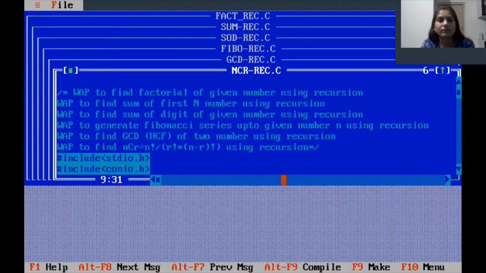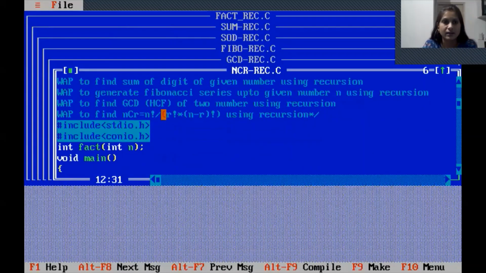Here we are writing the formula of NCR, that is n factorial divided by r factorial into n minus r factorial. So here we input two values n and r. According to those values, the factorial is found and the formula is done. Clear? But here we are applying only the logic of fact, because we have to find the factorial, nothing else.